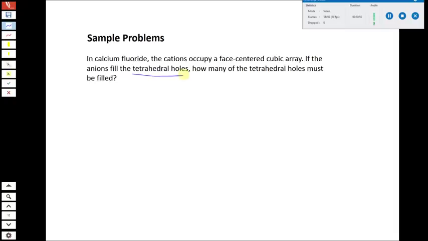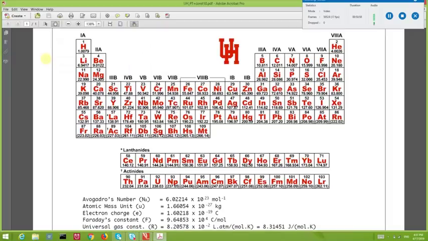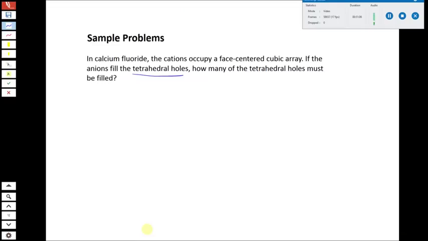So what's the formula for calcium fluoride? We need to think about that first. Calcium has what charge? 2+. Fluoride has what charge? 1-. So if it's a 2+ cation and a 1- anion, the correct formula would be what? CaF2. So that's the formula of the compound here. So we're going to count